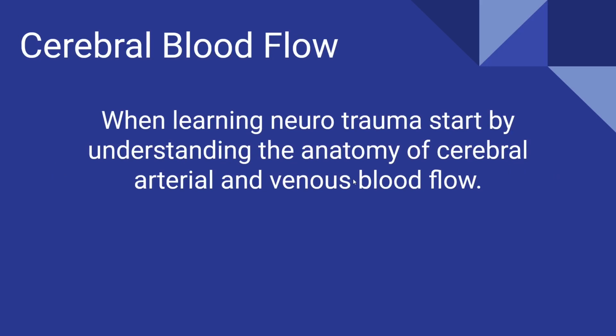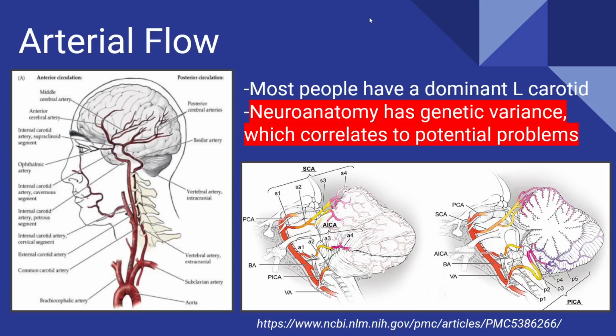And we'll start off with cerebral blood flow. So when learning neurotrauma, which is what we deal with, we want to start by understanding the anatomy of the cerebral arterial and venous blood flow, because that's where a lot of our problems lie. I've got a couple images here that show the two types of arterial flow. So we have our carotid arterial flow that's going to supply the front and top half of our brain. And then we have our vertebral flow, and that's going to supply our cerebellum and back, lower portion of our